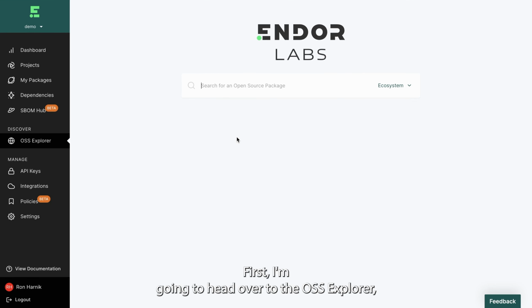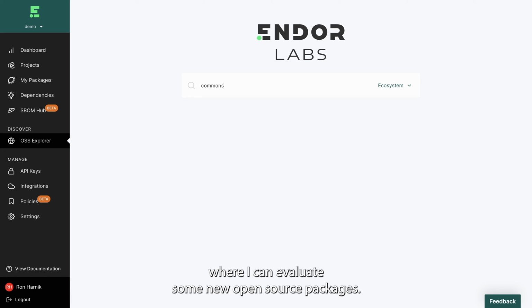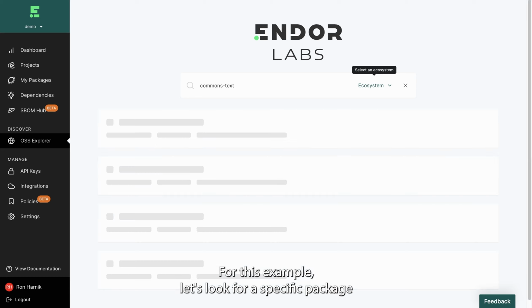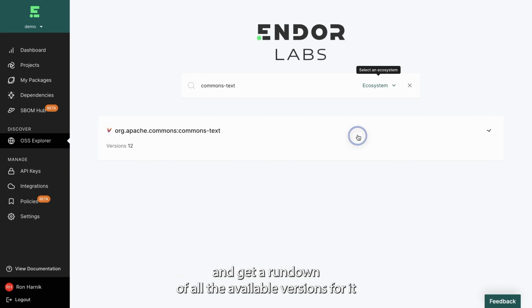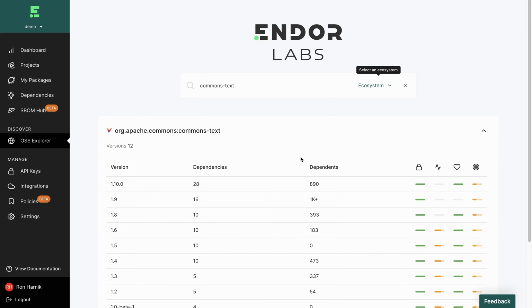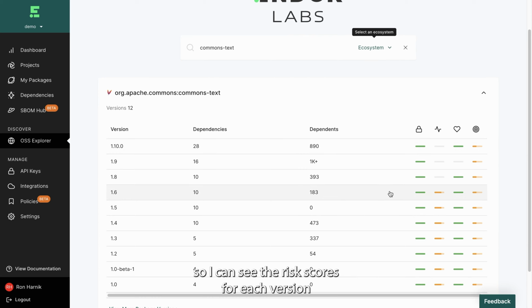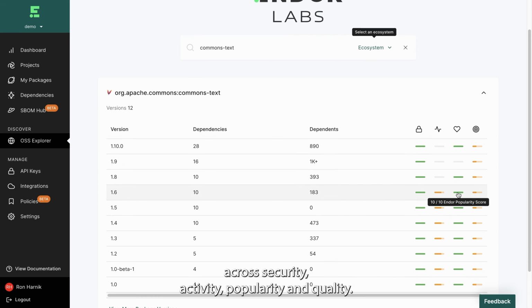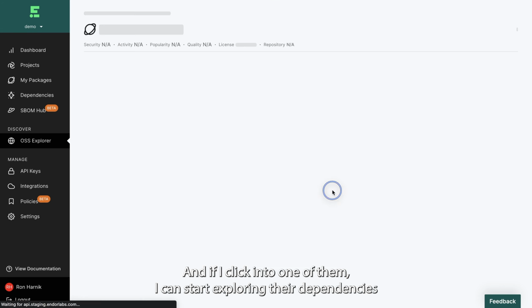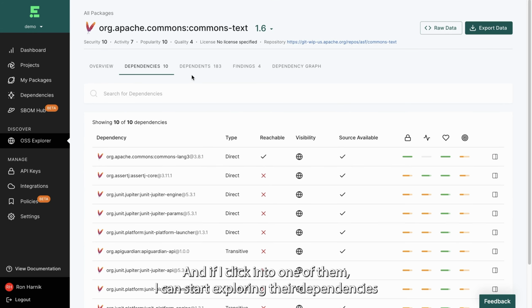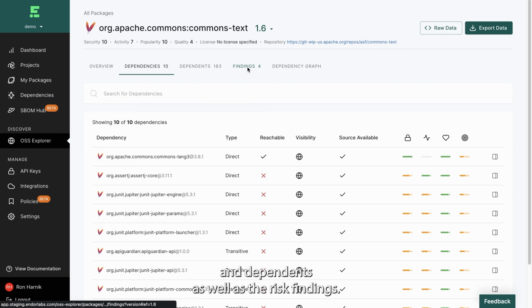First, I'm going to head over to the OSS Explorer where I can evaluate some new open source packages. For this example, let's look for a specific package and get a rundown of all the available versions for it. So I can see the risk scores for each version across security, activity, popularity, and quality. And if I click into one of them, I can start exploring their dependencies and dependents, as well as the